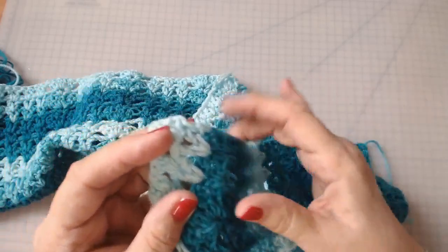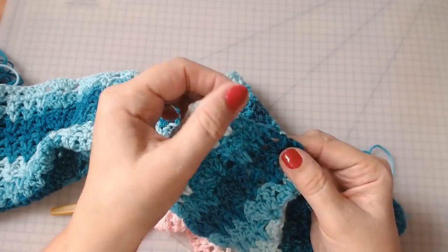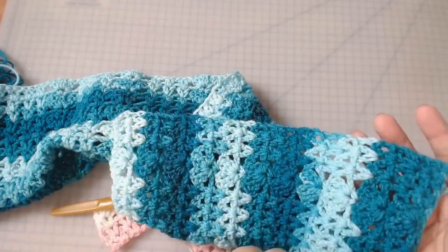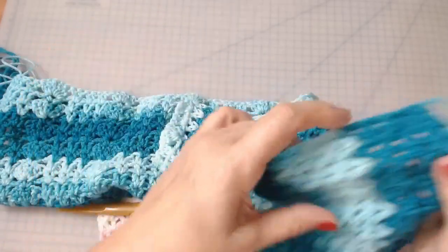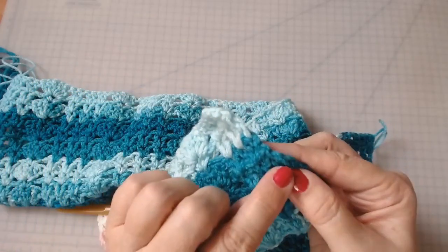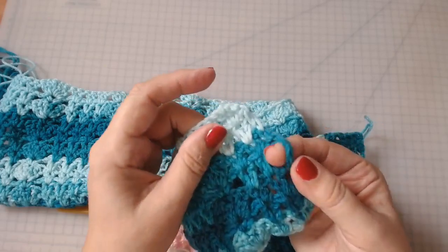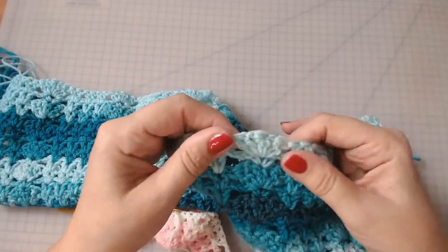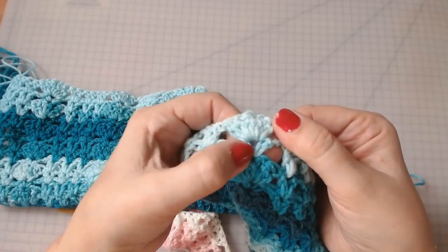If you want, where you've got your V-stitches, you can put a little fan down the side, or even just a little round of treble crochets all around it. But I like it the way it is. It's got a nice straight edge at the bottom. The edges are nice and straight. Just make sure that you count 1, 2, 3 and go into the third stitch in that chain at the end of your round. So you'll just follow that fan round and then follow the chain round with the double